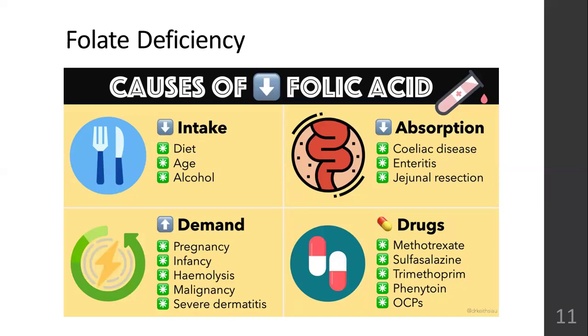Then, based on demand, during pregnancy there is high demand for folic acid. If not kept up with, it leads to anemia during infancy as well. If the person is undergoing hemolysis, that is, a lot of hemoglobin is being broken down. Certain disease conditions would also lead to hemolysis. Certain drugs could lead to hemolysis. Then malignancy, cancer,